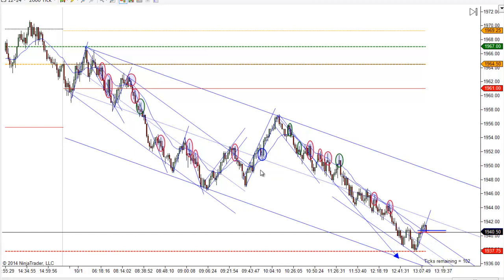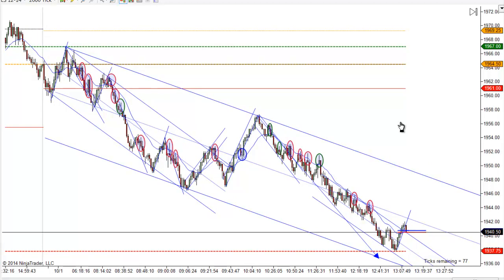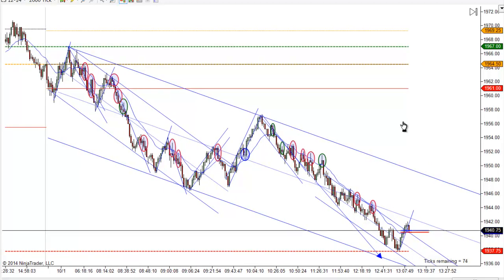Will it continue to go lower? But notice there's a trap here. There's a double top, which we don't have yet. So I'd be real careful going short right there on that one. But anyway, I'm going to